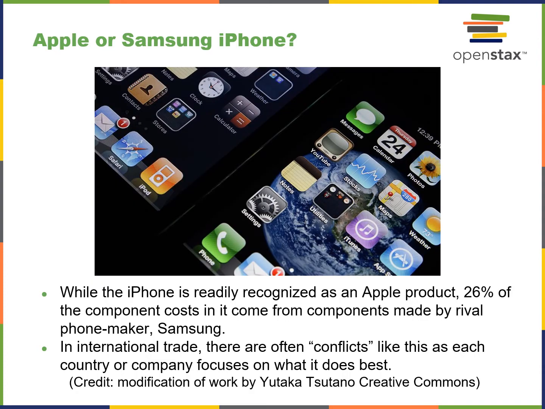While iPhone is readily recognized as an Apple product, a lot of the component costs actually is made by a rival phone maker, basically Samsung. But Samsung is really an overall conglomerate technology company, so they're involved in a lot of aspects of technological innovation and manufacturing. In international trade, often a country will just go ahead and focus on